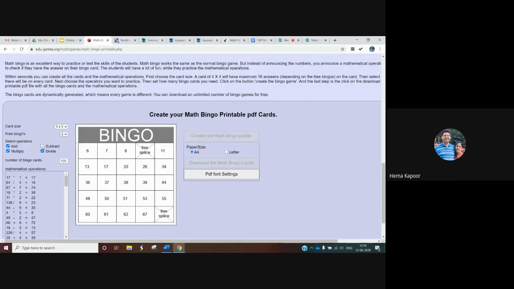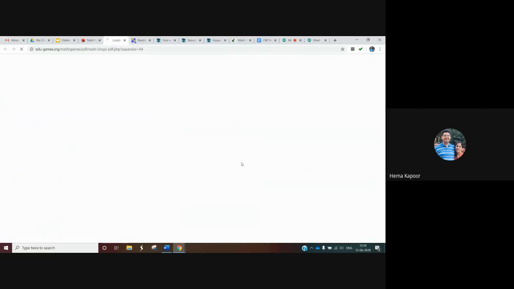Suppose मुझे add and multiply चाहिए, so I can go for that also. But if I want all the operations, I click on all the operations and see the questions are already being created here. Now next I'll go for the button to download the maths bingo puzzle.